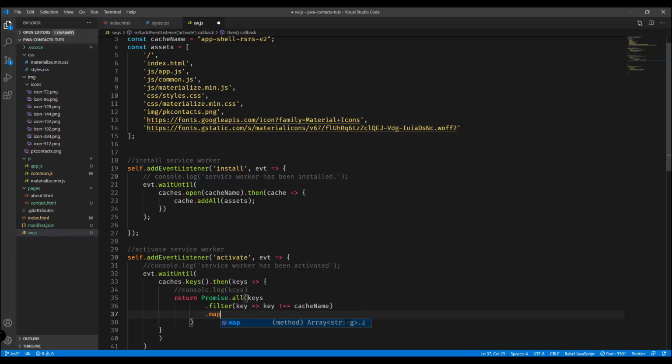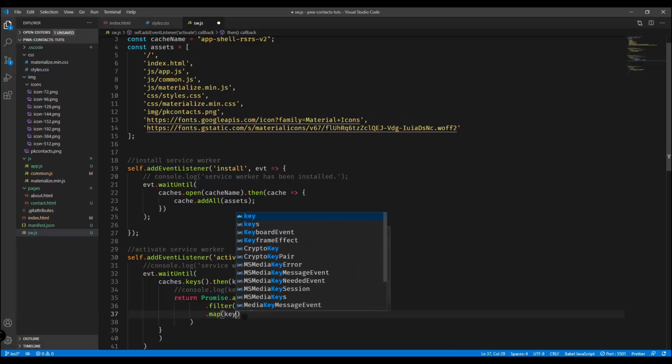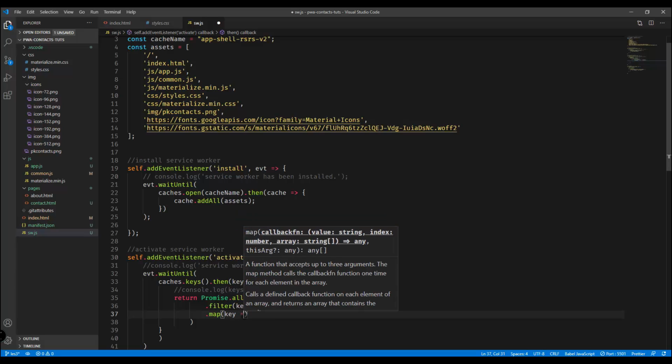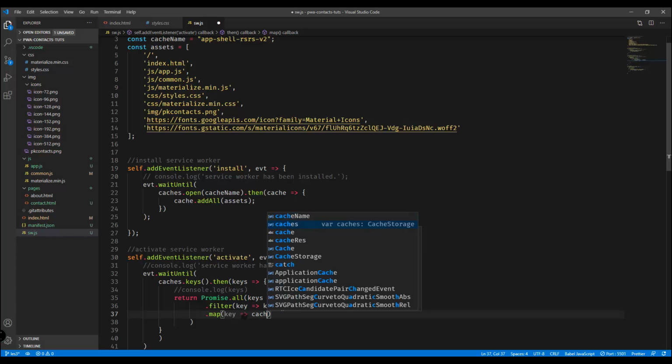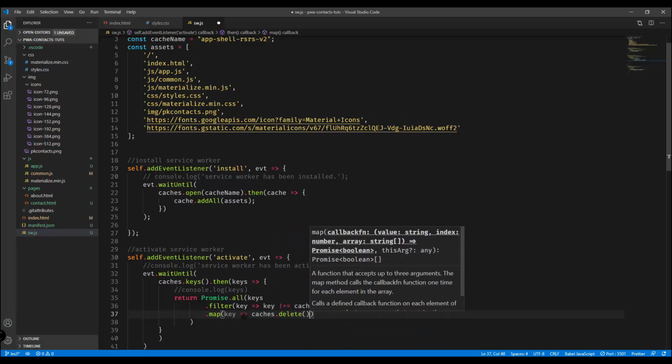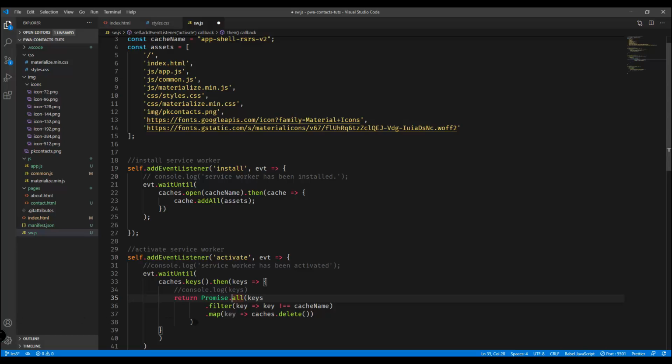map the content of this particular return, and then map that, and we will try to delete that particular key. So key and then caches.delete. There you go. So basically what we are trying to do here is to return a promise, and because caches.keys expects promises, that's why we're using Promise.all right here, and then we're using the keys we got from this particular function,